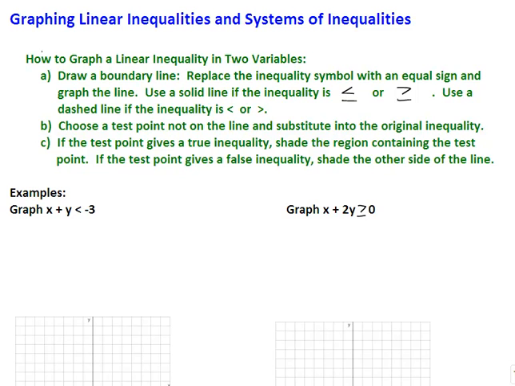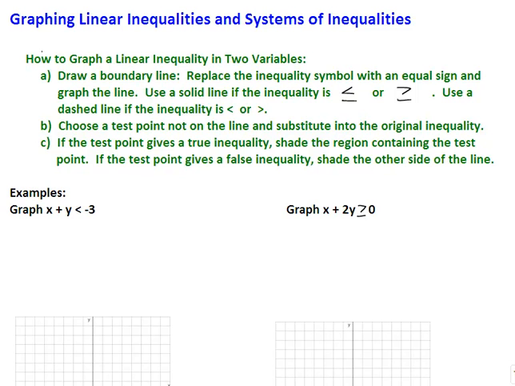Welcome to the lecture on graphing linear inequalities and systems of inequalities. Today what we're going to talk about is how you graph linear inequalities, which are going to look like equations of lines, but there's going to be shading involved either above the line or below the line depending on the inequality symbol. So the steps that we're going to take are part A here, drawing a boundary line,